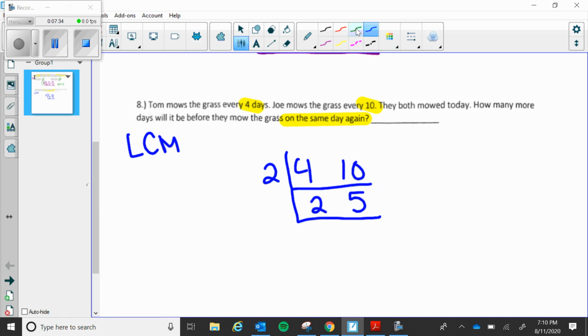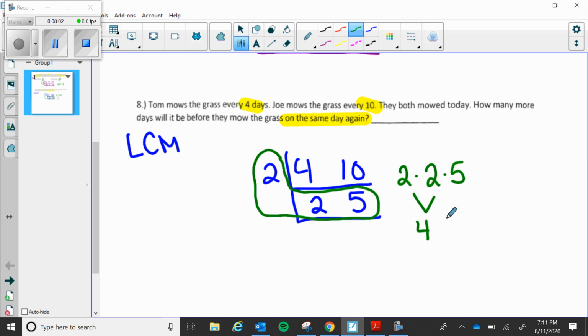So now we can make the L because we are solving for LCM. When you're making your L, you're taking everything on this far left side outside of the ladder and going to the bottom rung of the ladder. Okay, so now we have to multiply all those numbers in the L. So 2 times 2 times 5. If we break that down, 2 times 2 gives us 4, and we bring down that times 5. 4 times 5 is 20. So our LCM